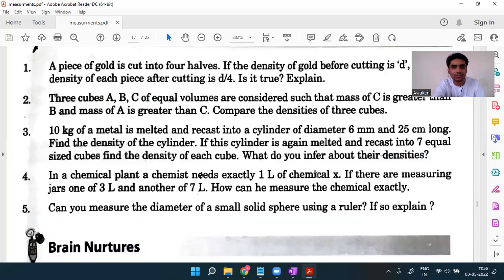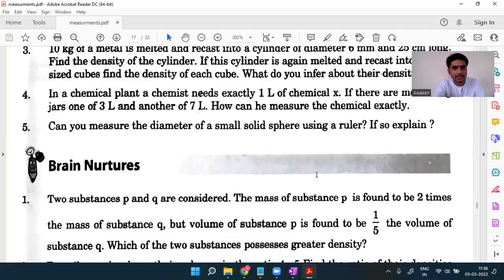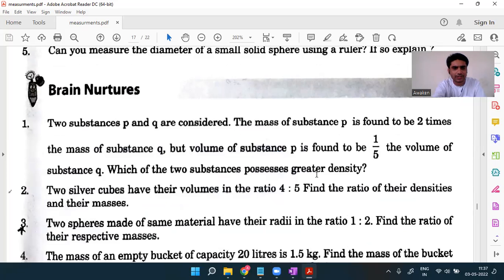Okay, now next doubt is the second one. 2 silver cubes have their volume in the ratio 4:5, and the ratio of their densities and their masses. And the ratio of their densities equals to